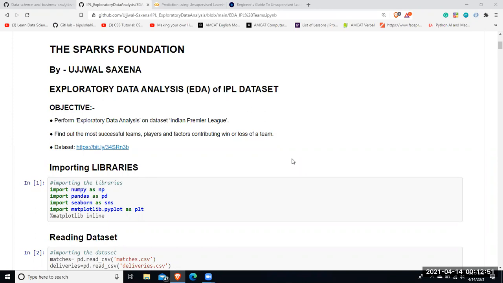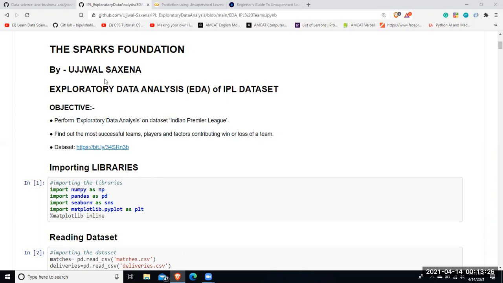I am back with another exciting machine learning project this time, and the topic of my project today is exploratory data analysis of the IPL dataset. I dedicate this video completely to the cricket enthusiasts and lovers, because today I'll be comparing different features of the IPL dataset. That means the best bowlers, the best batsmen, man of the matches, and many other features, and I'm going to represent them in a graphical format. So without wasting much time, let's begin.